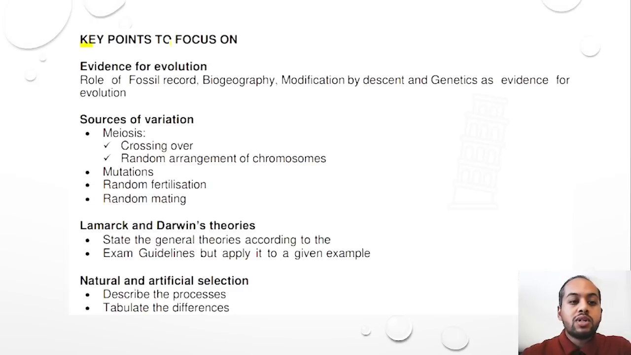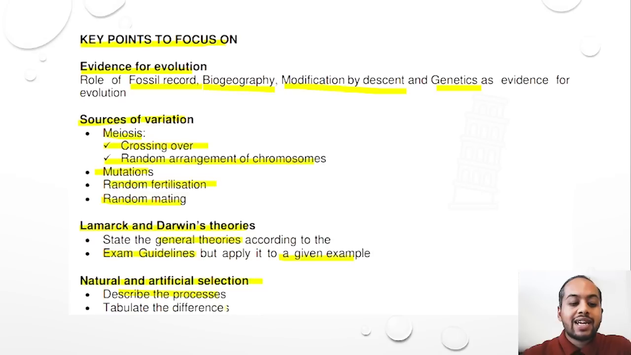Some of the key focus points that you need to look at are, firstly, evidence for evolution: the role of the fossil record, biogeography, modification by descent, genetics as evidence for evolution. Then sources of variation: meiosis, which involves crossing over and random arrangement of chromosomes, mutations, random fertilization, random mating. Then Lamarck and Darwin's theories, the general theories according to the exam guidelines, as well as applying them to a given example. Natural and artificial selection,